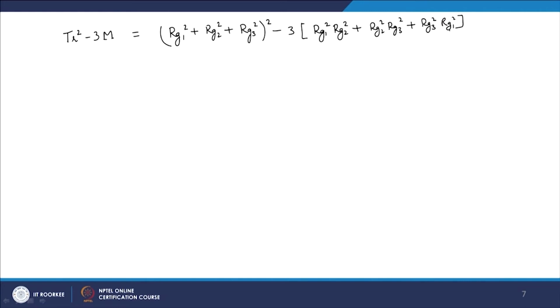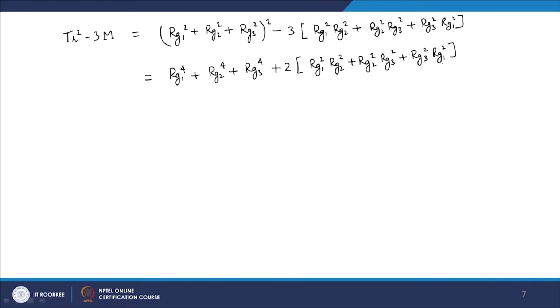So now I can expand the first one and I get Rg1 4 plus Rg2 4 plus Rg3 4, and then we get 2 times, actually I will get the entire thing that we have here, and then we have minus of 3 of the same quantity, and so we can write